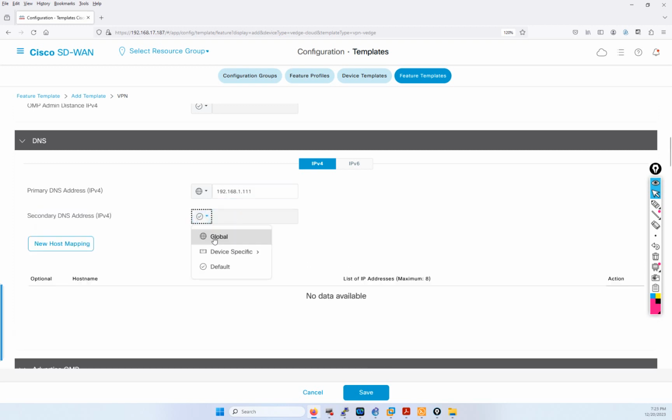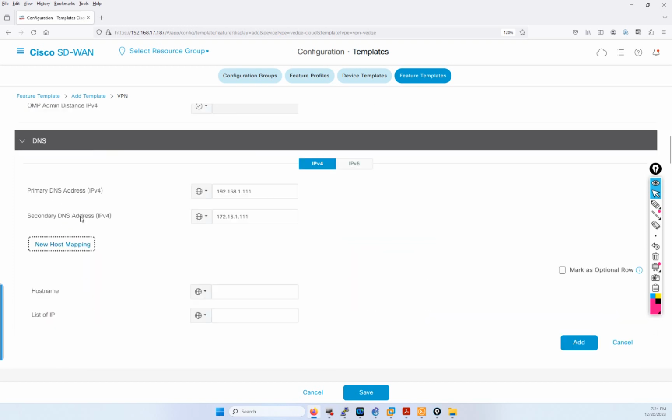We have two DNS servers on the transport side. So the other one is 172.16.1.1. If we want to add a host name and the correct IP address that represents that host name,